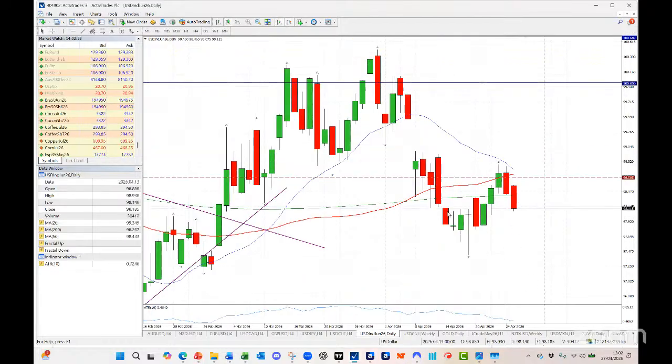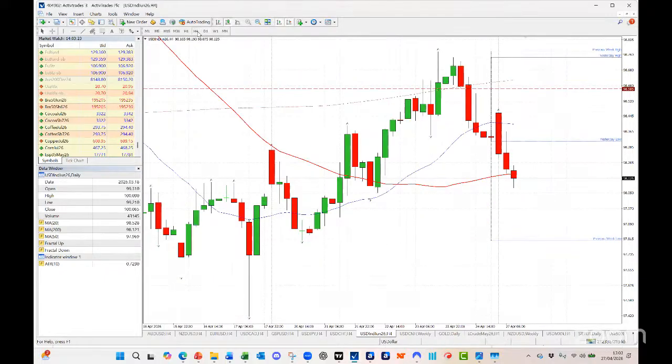We go down to the daily chart. Intriguingly, it looked like we were maybe tipping out a little bit, but we worked our way up. Once again, look at the daily chart. You've got price here, the daily 200, the daily 50, and the daily 20 coming down, all wrapping up together. As I said, it's kind of like the calm before the storm, and we've got lots to go on this week that will be the catalyst for the next move in the dollar. That's what people are looking for and expecting.